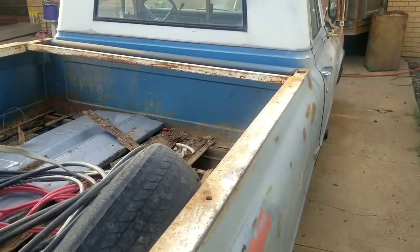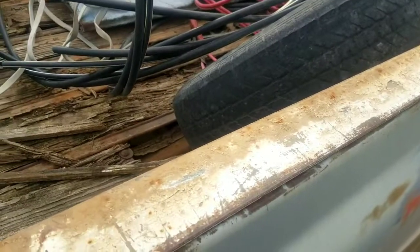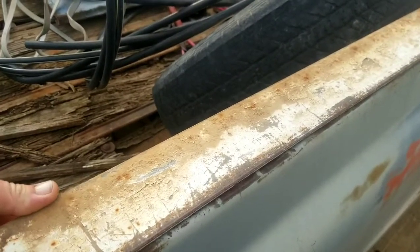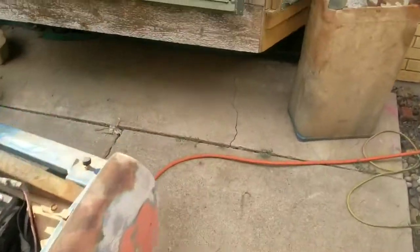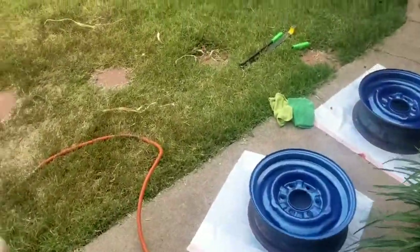It's gone. It's been recycled. I still got to cut these off. This is 1/4 inch angle iron, about 2.5 inches by 2.5 inches or 2 inches or something like that. I'm keeping that. Other than that, I hadn't had a whole bunch of time to even video or work on it. I did